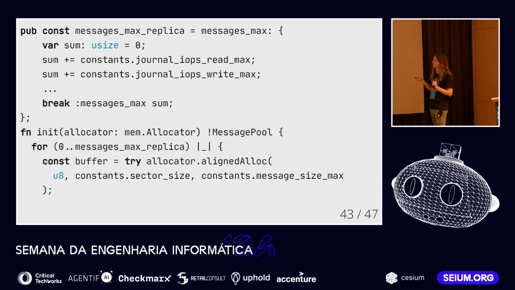So this is the code for allocating messages. Message is the core data type in TigerBeetle, which is used throughout. And we, at compile time, meticulously compute the maximum number of messages we might ever need, just summing up all the cases in code where we need a message. Then we go and allocate exactly that amount of messages, and that's it. We never allocate any more messages or anything else after the startup. We just use only these things because we know exactly how many of those we need.